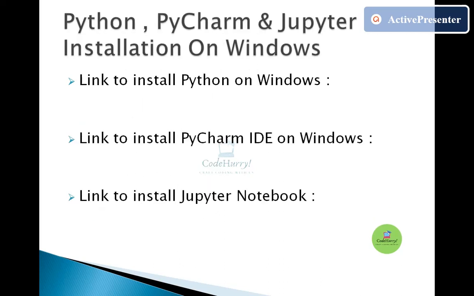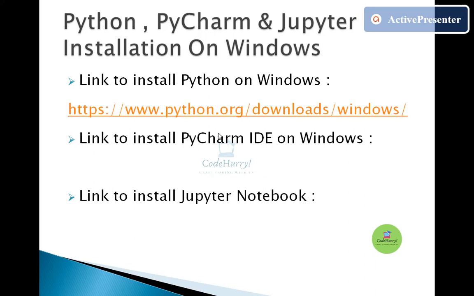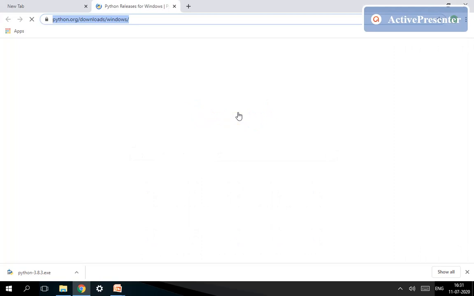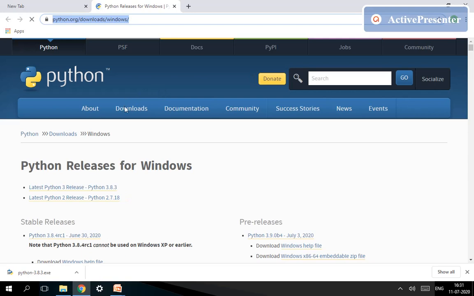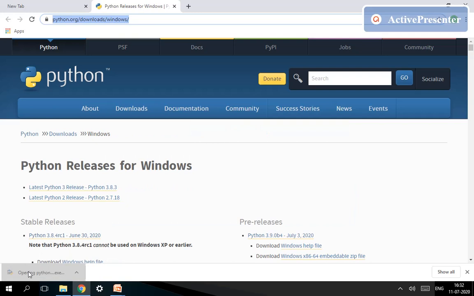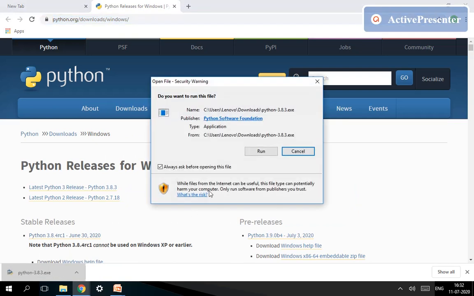So let's start. First we'll see the installation of Python. So to install Python, the link is this. We'll just go to this link provided, python.org. Okay, here in the download section in source code, there is the latest version, that is Python 3.8.3. You just have to download this and then the execution can be started with the installer provided. So I've already downloaded. I'll just start the installer and install Python.